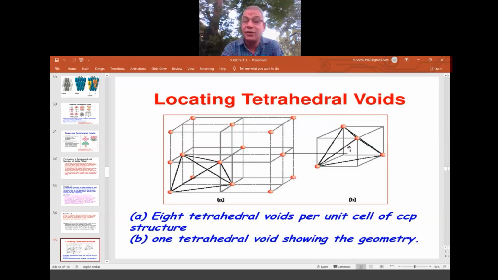By using X-ray diffraction, with 3 at the bottom and 1 on the top, or 3 on the top and 1 at the bottom, ultimately by making use of 4 particles, 4 spheres, we can easily locate the tetrahedral voids. This is not done by a simple method; it is done by the spectroscopic method. Here we draw lines, but all these 4 are closely packed. This much gap will never be there.